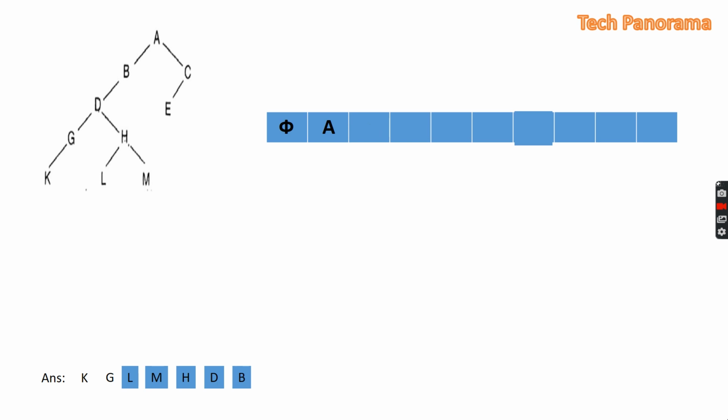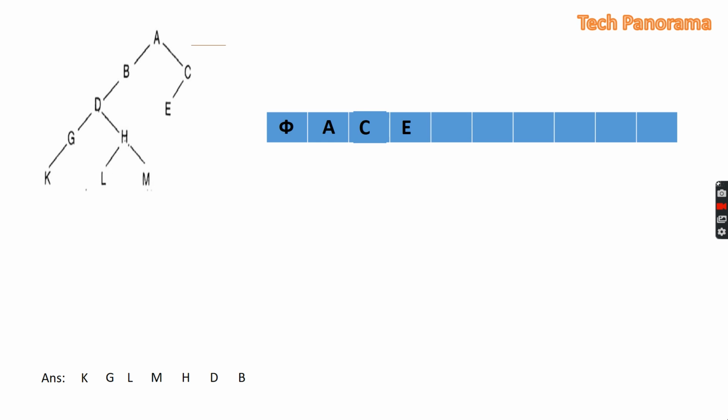The next element to be popped is minus C. We will assign it to the PTR. Now it will be converted to the positive C. So first we will push it into the stack and then check its right. As it has no right element, we will move to the left, that is E. Now the PTR will point to E and we will push it into the stack. Next, it has no right child, so there is nothing to be pushed. Next we will move to the left. As it has no left child, we will start popping the elements.